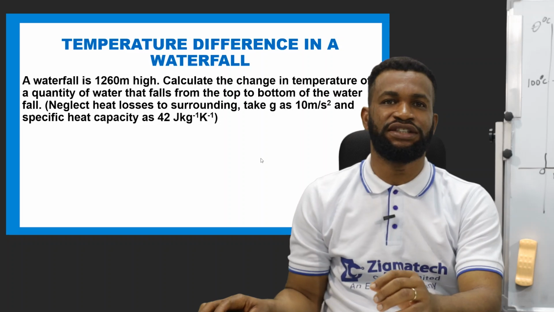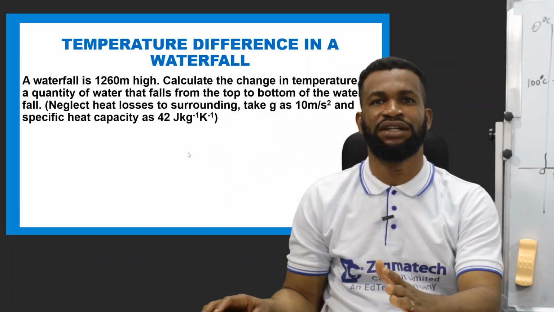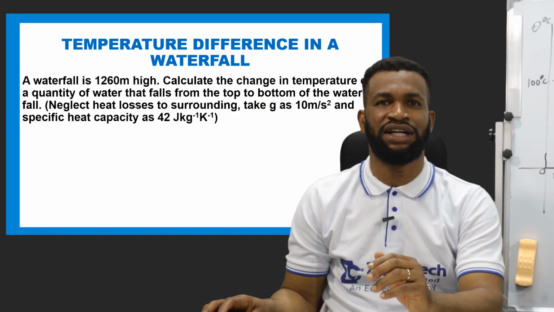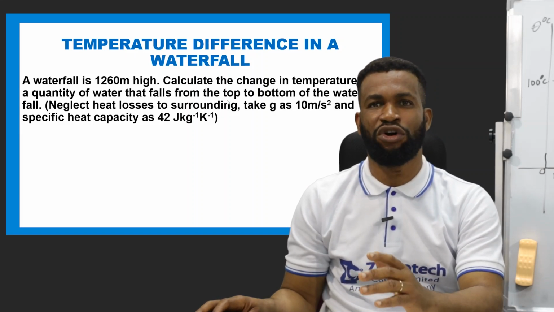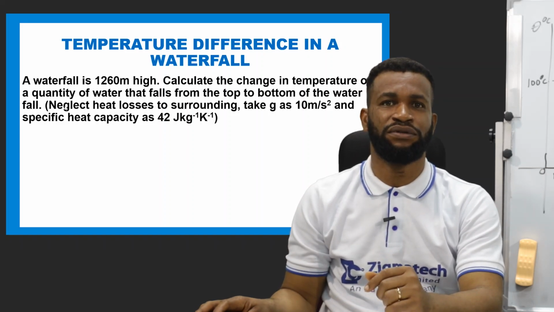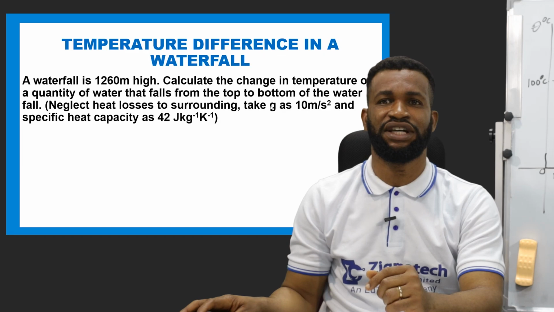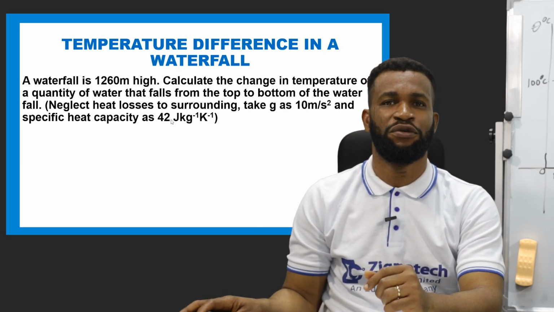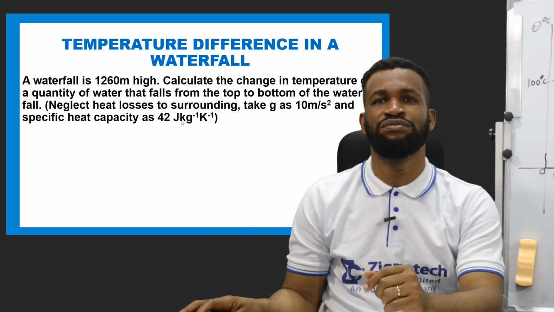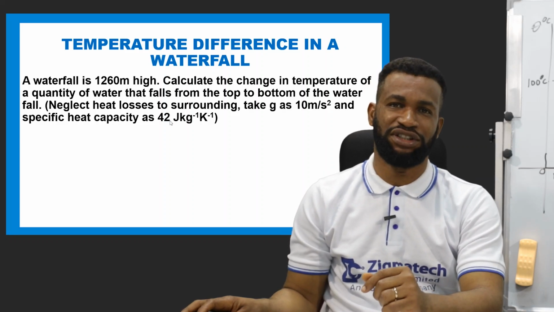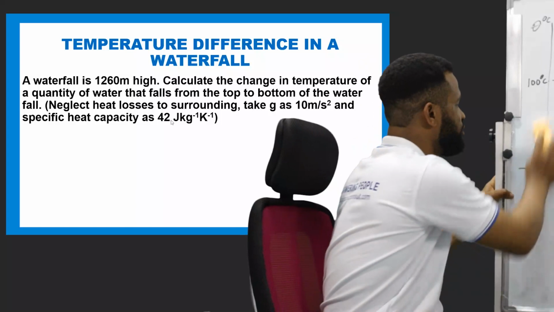You said that a waterfall is 120 meters high. Calculate the change in temperature of a quantity of water that falls from the top to bottom of the waterfall, neglecting heat losses to the surrounding. Take g as 10 meters per second squared and specific heat capacity as 4,200. So we are going to look at